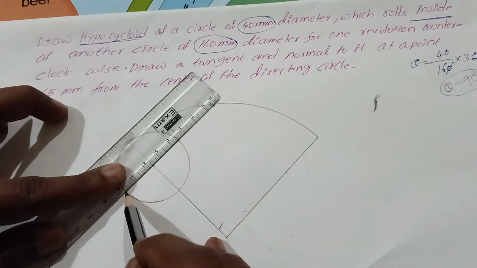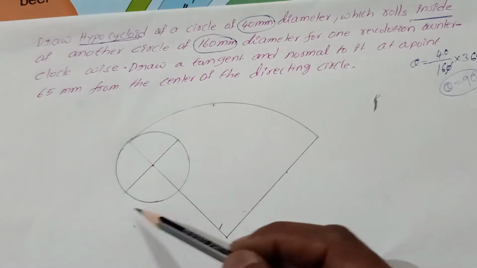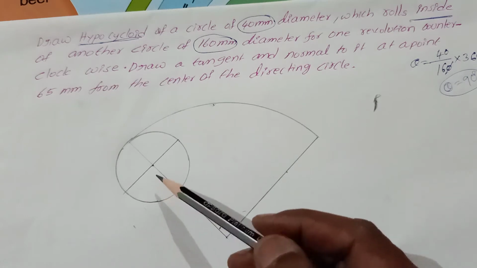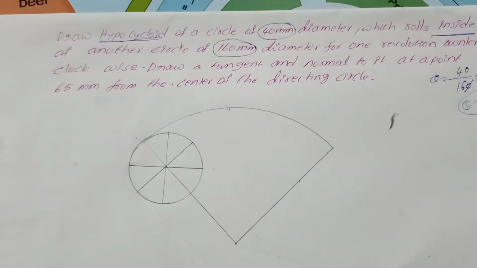Now the circle is divided into 4 parts. Now divide this circle into 8 parts by taking 45 degrees inclination lines. All of you divide the circle into 8 parts now. So the circle is divided into 8 parts. Next we have to divide the sector into 8 parts. How to divide the sector into 8 parts? See here, without using a protractor, I will divide it into 8 parts.